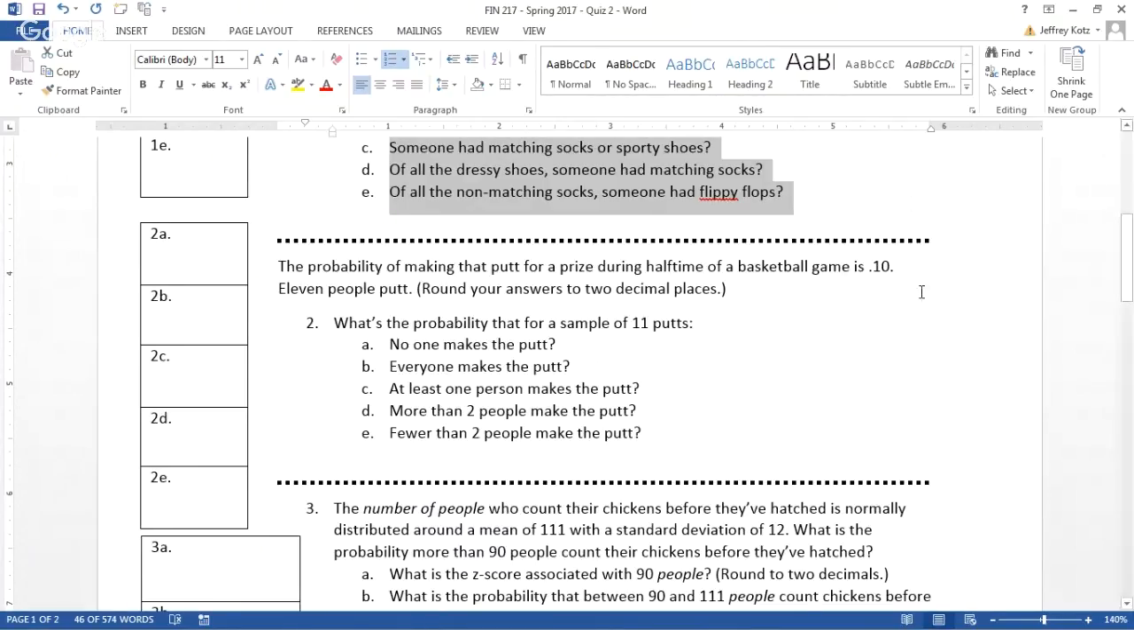Effectively, what we have here is a binomial probability experiment because every person who putts that putt has a 10% chance of making that putt. And it doesn't matter if someone before you makes the putt, you still have a 10% chance of making that putt. 11 people putt. So now we're in a position where we have a binomial probability experiment where n equals 11 and pi is 0.1. Or to put it another way,